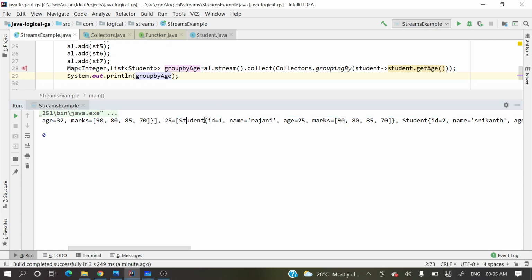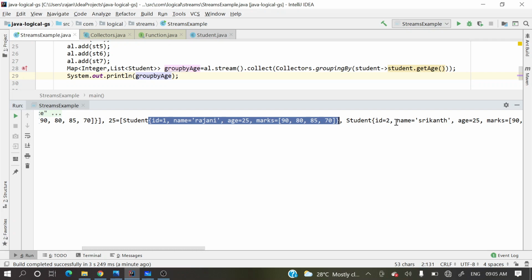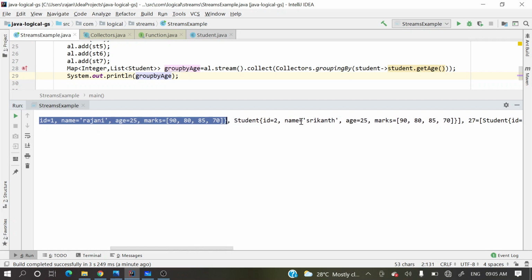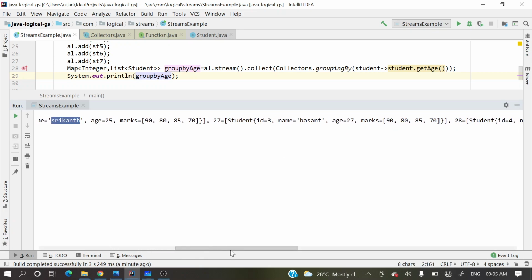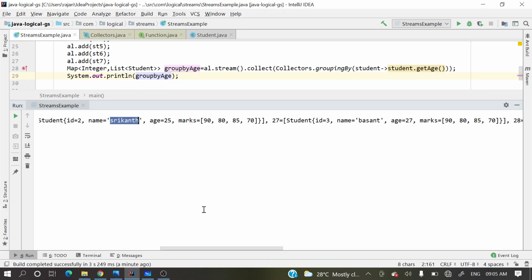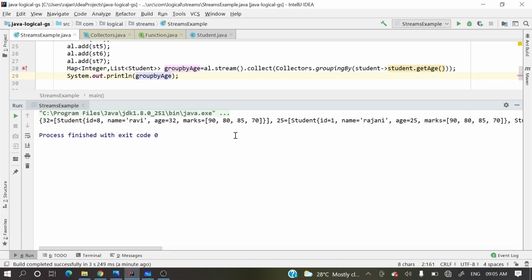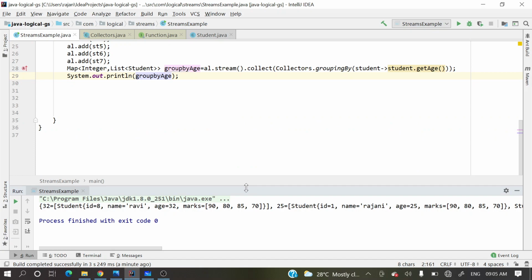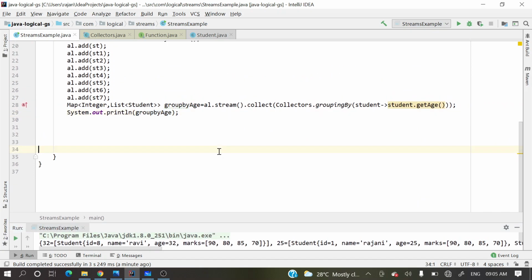Student 1 with Rajni as a name, and student 2 with Srikant as a name, right? So it will group them like this. Hope you got a clear picture about this.